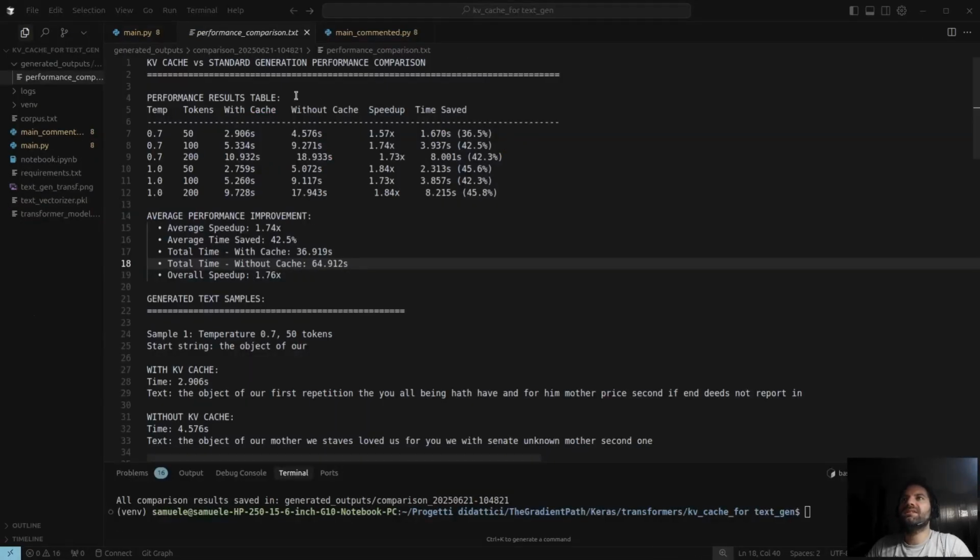So here we go. This is our report: KV cache versus standard generation performance comparison. Let's dive into the impressive KV caching results. Our key findings show an average speed up of 1.74 across all the tests with 42.5% time savings, nearly half the generation time eliminated. The total processing time dropped from 64.9 seconds to just 36.9, achieving an overall